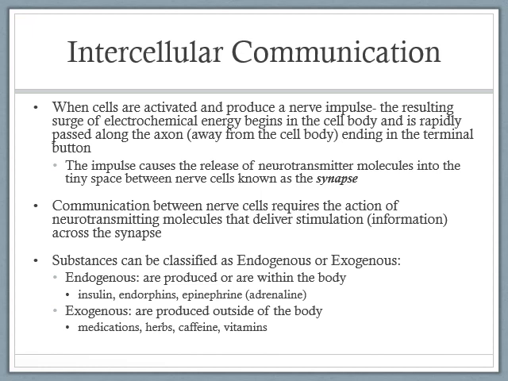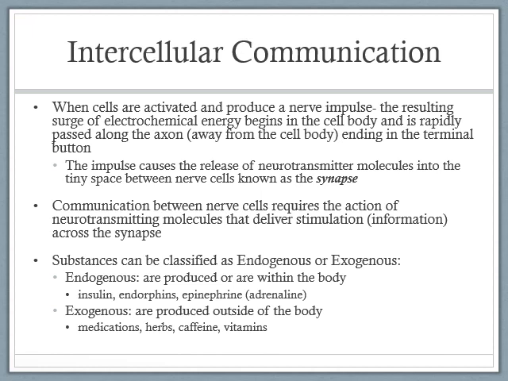The impulse causes the release of a neurotransmitter into the tiny space between the nerve cells known as a synapse. The neurotransmitter can cross the synapse between the terminal bouton of one neuron and a dendrite of another neuron, or between a terminal bouton of one neuron and the soma of another neuron. Communication between nerve cells requires the actions of neurotransmitting molecules that deliver stimulation, also known as information, across that